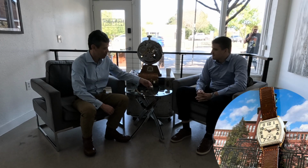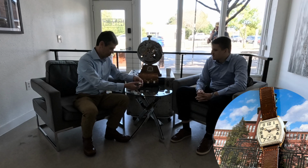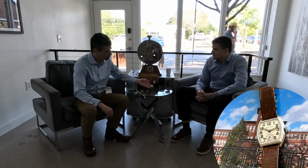Very cool. What do we got? This next watch is a solid gold barrel, again one of the early Hamilton watches that was just named based on the shape of the case. Nothing more. And this watch, actually it's all solid white gold, even though it looks two-tone. We've got some records that Hamilton made some two-tone watches. This watch,